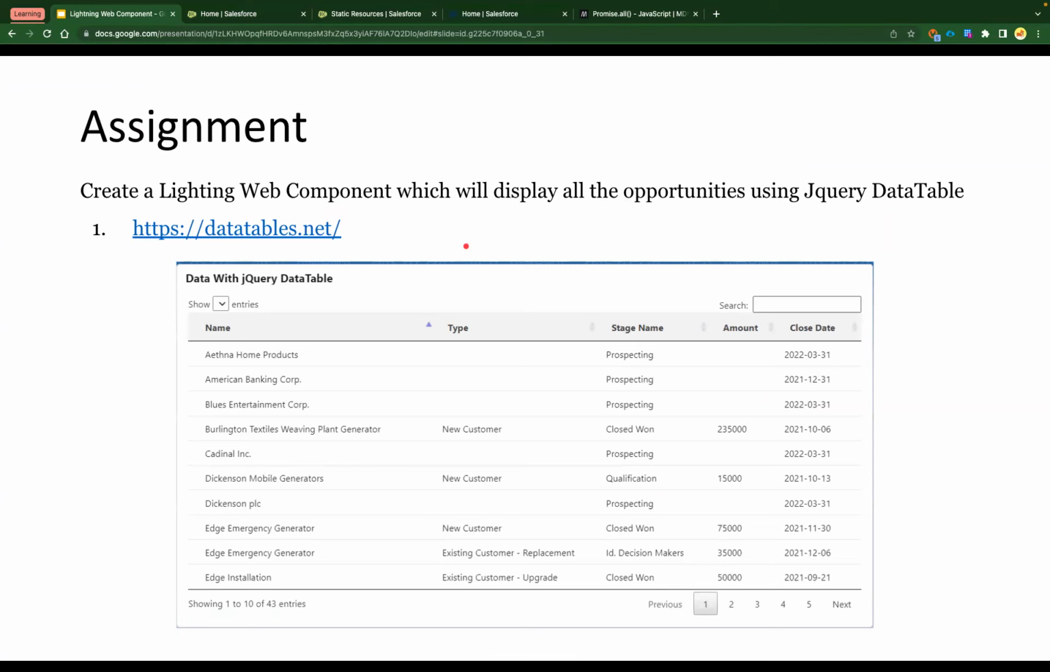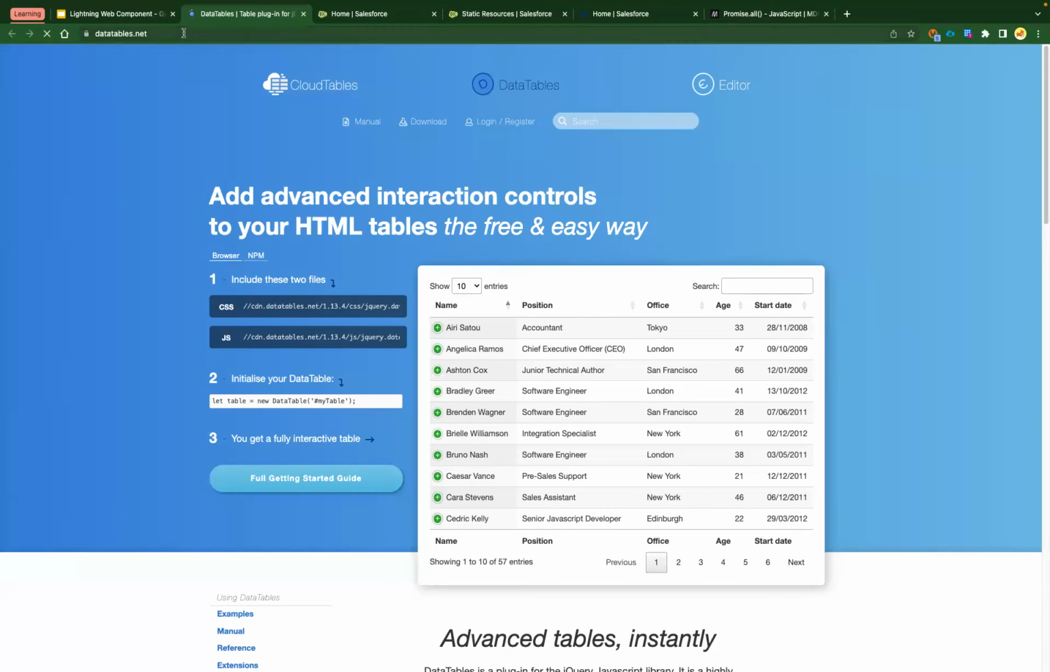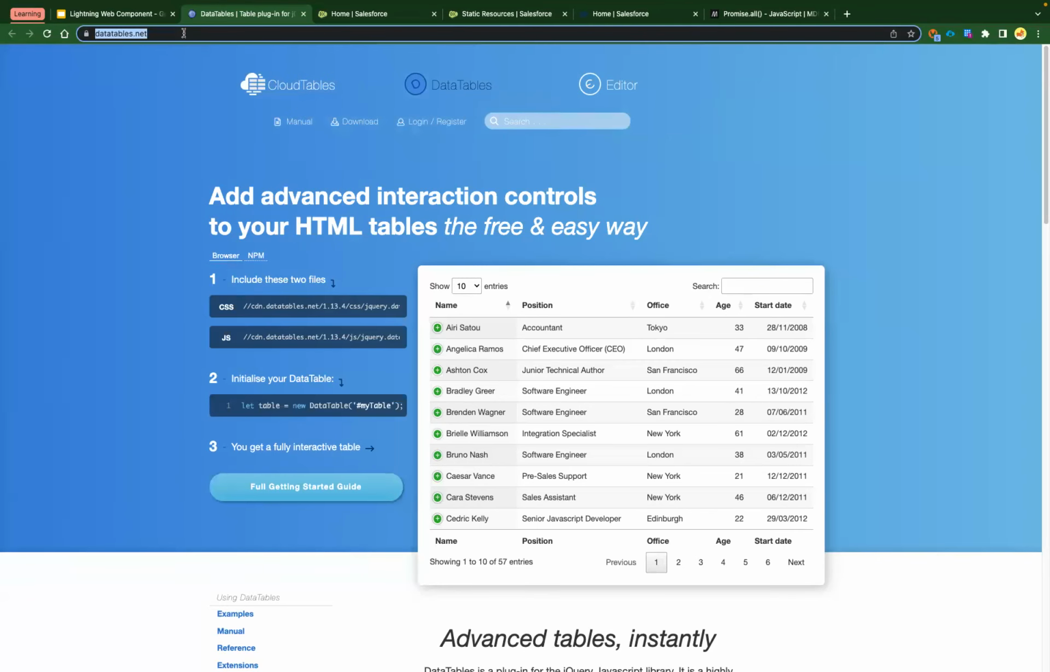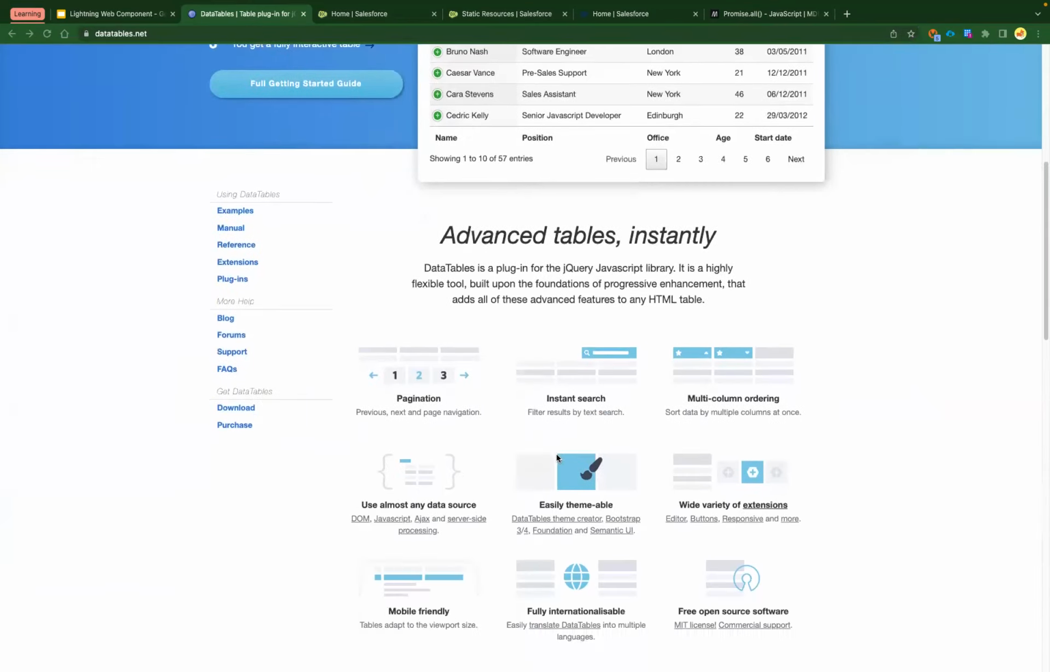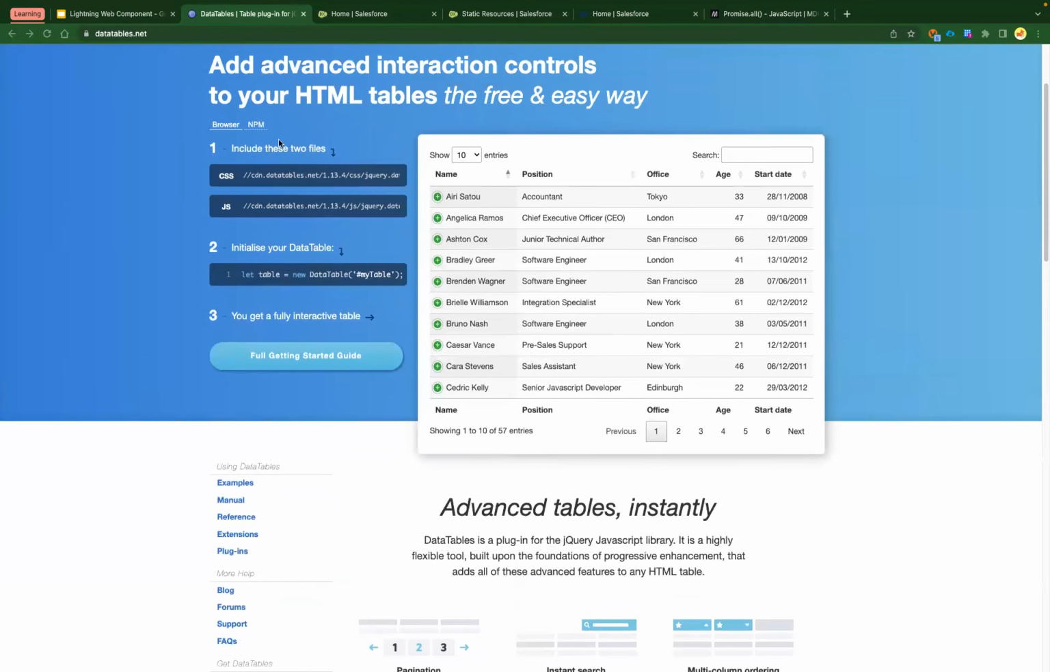And the next assignment that you have to do is you need to create a data table using jQuery. That is a JSON. That is again a third-party JavaScript library. jQuery, I think most of you already know. It's basically used for creating beautiful UIs like data tables and so many other libraries. But we are only intended for this